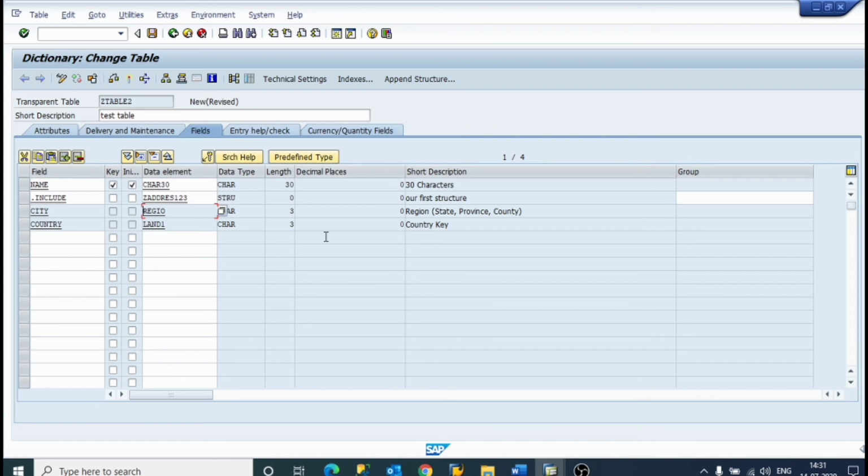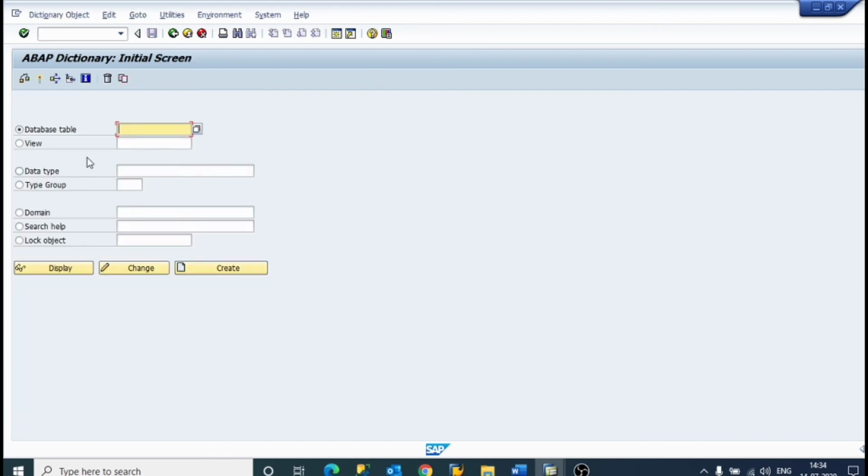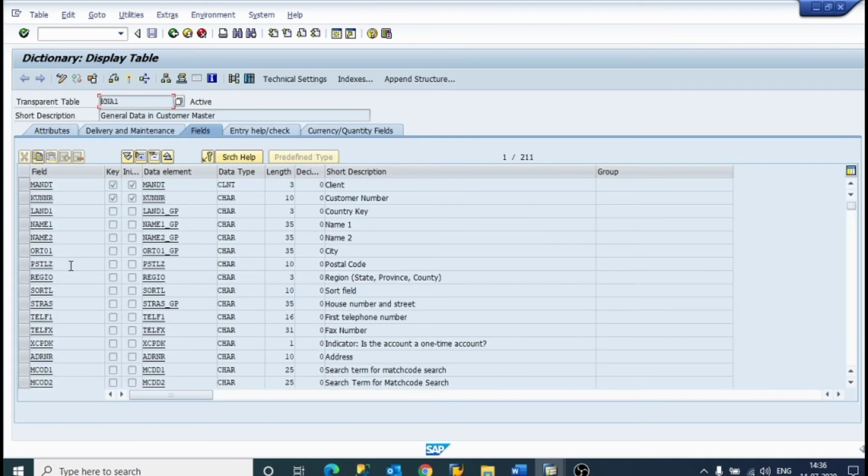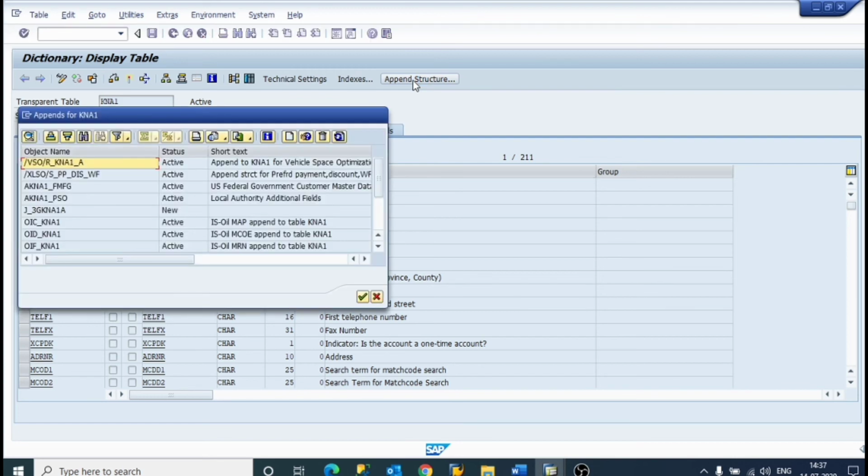Now we will see how to create an append structure. To create an append structure, open KNA1. It is a predefined standard table. Here you can see the append structure button. We have to click on append structure and create our new append structure. So just click on create append.